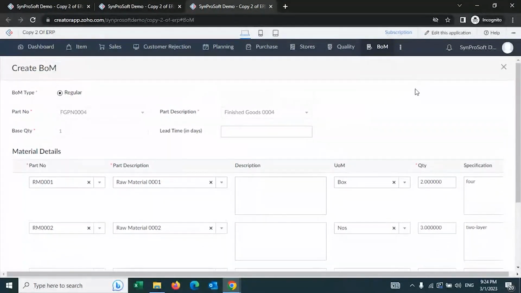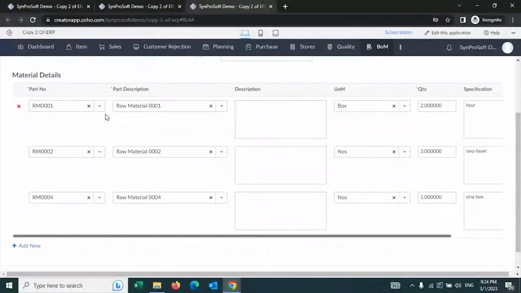So for me to manufacture one item of a particular part number, particular product, what are the items that are required? What is the unit of measurement? How many items are required? All of that I will define here, including packing material, because some of the products require special packing. You may not be able to easily do that. So what is the kind of packing material that is required? You can even configure it as part of the BOM.